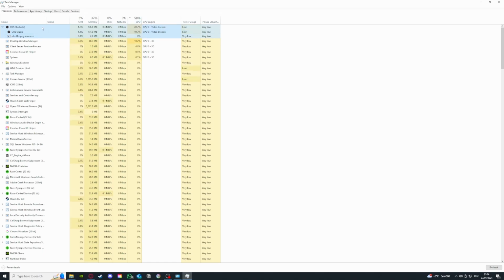OBS is the program I use for recording, so I'm not going to close it. But if I want to improve performance on a program which is currently running, then I could right click and press end task. If I press end task, it immediately closes the application, and it will free up a lot of GPU and CPU. In my case, especially a lot of GPU. So if you